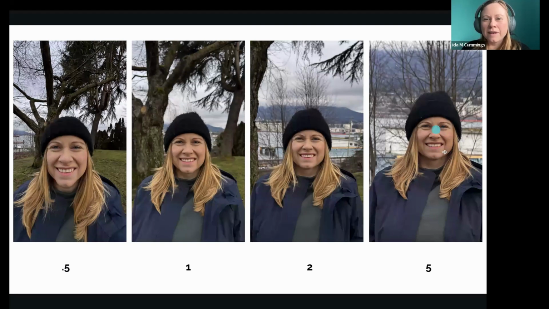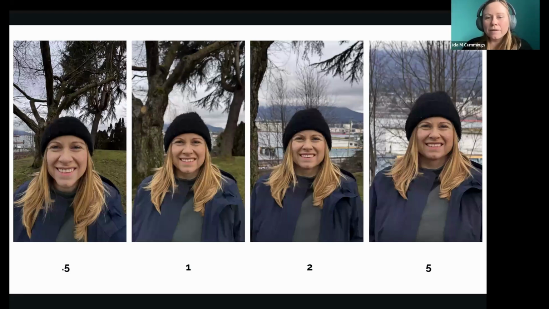So as I zoom in and I take the photo, my face is most proportional. As you go to the 2, the 2's still okay. But as you go to the 1, you can see it's starting to deform my face a little bit. And if you go to 0.5 and you take a close-up shot of me, it's really morphing my face. Because when you're shooting at that 0.5 lens, it's stretching the image around you.